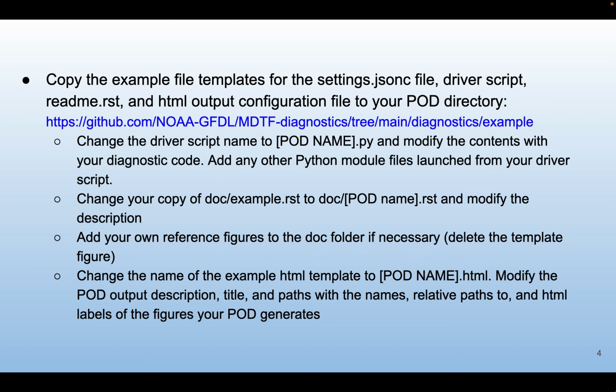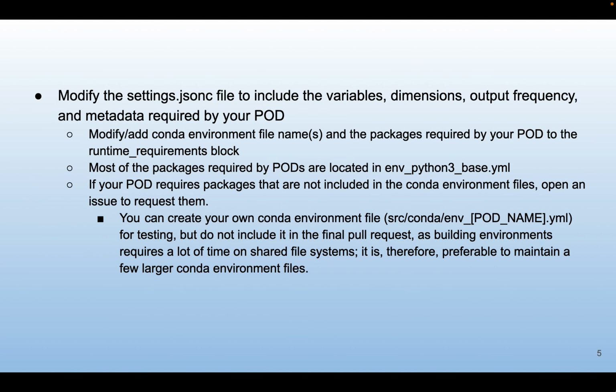Then you're going to want to modify the example HTML template that will contain the information for your pod output. Modify the output description, title, paths with the names, the relative paths to, and the HTML labels of the figures your pod generates. Then you're going to modify the settings.jsonc file to include the variables, dimensions, output frequency, and metadata that your pod needs. You can modify your conda environment file names and packages required by your pod to